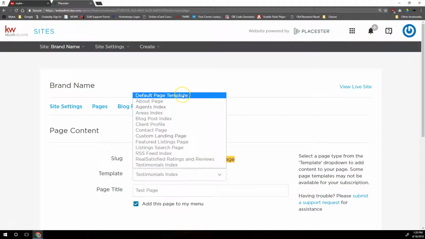This is where you can create the different types of pages that you can create on your website. And we'll go through this whole list from the top. The default page template is the one that you're going to use most often. This is where you're going to create your own custom pages like buyer resources or seller resources, or we have